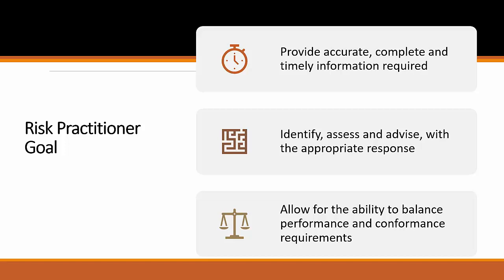And third is to allow the ability to balance performance and conformance requirements that best suit the enterprise, through the activity described above. So summaries that provide accurate data identify and provide the necessary response suggestions. Based on the impact, you can go with elimination, mitigation, or avoidance, and balance the performance and conformance requirements, which is called compliance with legal and regulatory requirements.